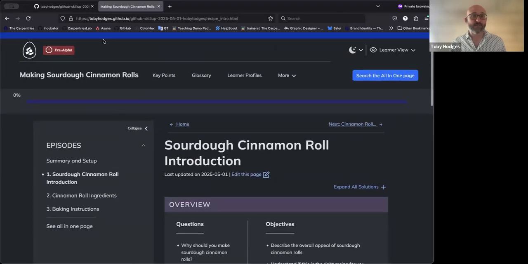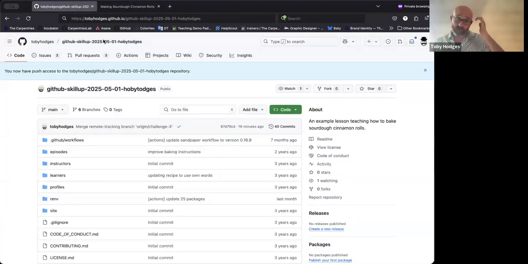But again, the contents of the lesson itself, what's written in here, the specifics of that recipe and so on, are not really relevant to what we're talking about today. I mention it only for context for the issues and the pull requests that we're going to look at on the repository later. Those will only make sense if you understand that the lesson is about a baking recipe. Switching back then to the repository tab,